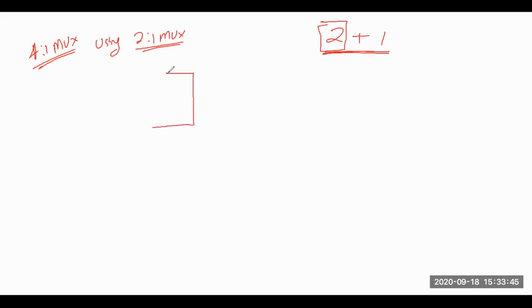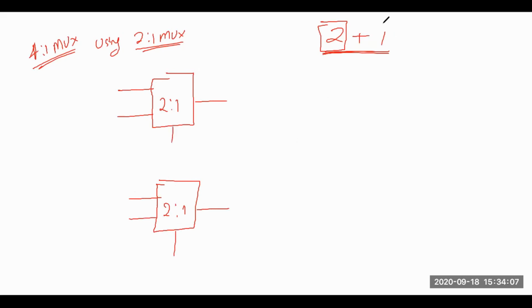And if I want to realize a 4 to 1 multiplexer using 2 to 1 multiplexers, what I did is I divided 4 by 2, that will be 2, and then I divided 2 by 2, that will be 1. This pattern itself gives an idea of how we need to place our 2 to 1 multiplexers. This 2 indicates that I need to place 2 to 1 multiplexers in parallel. So this is one 2 to 1 multiplexer, this is another. A 2 to 1 multiplexer means two inputs, one output, and one select line.